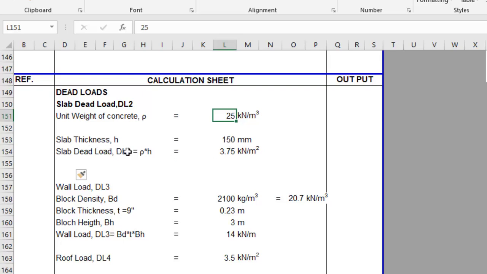So the slab thickness I want to try is 150 mm. For me to get the dead load of the slab in kilonewton per meter square, I multiply the thickness in meters with the unit weight of concrete. I've already done that in this Excel sheet. If you double click, you see the cells I've multiplied. Converting the 150 millimeter to meters, you divide by 1000, then you multiply whatever you have with the unit weight of concrete, and that gives you the weight of